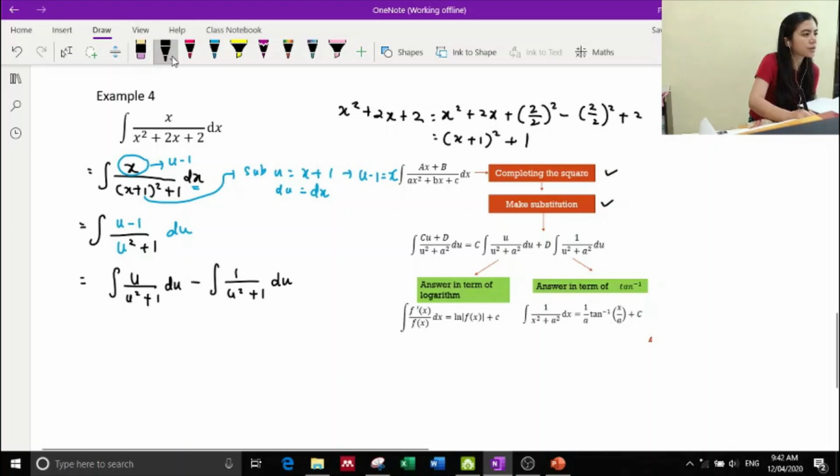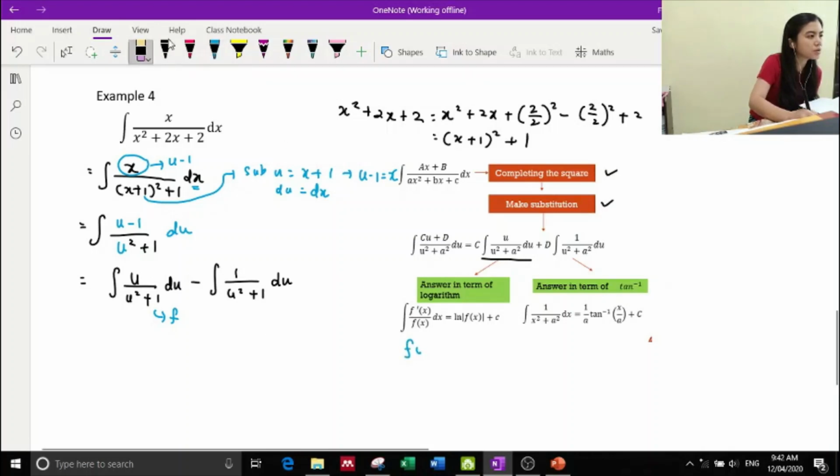Okay. Now, let's look at them one by one. Look at the first one. The first integration is in terms of this one, right? So you have u over u squared plus a squared. So it means that you're going to apply the logarithm. Your answer should be in terms of logarithm. So you can apply the f prime over f. If you want to apply f prime over f, if your f is u squared plus 1,